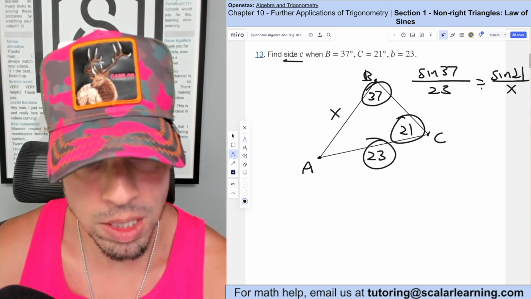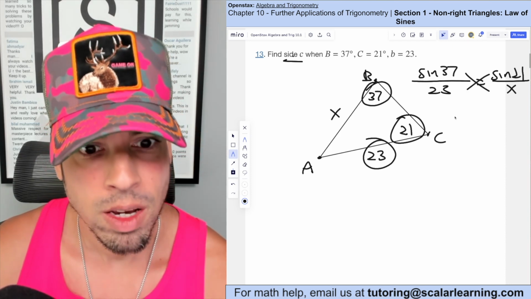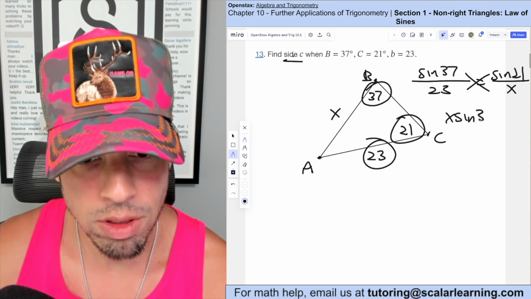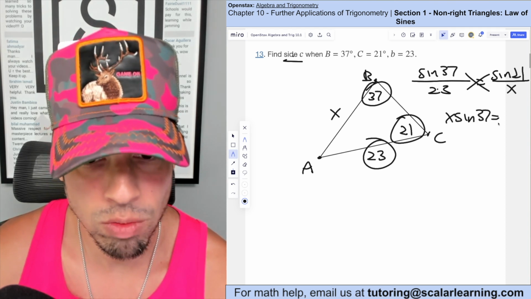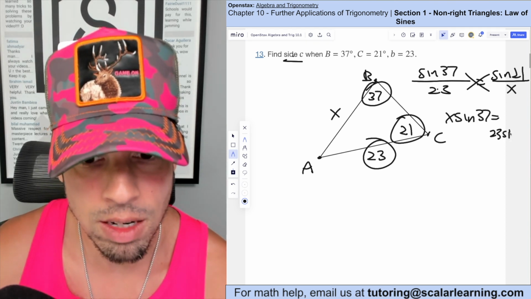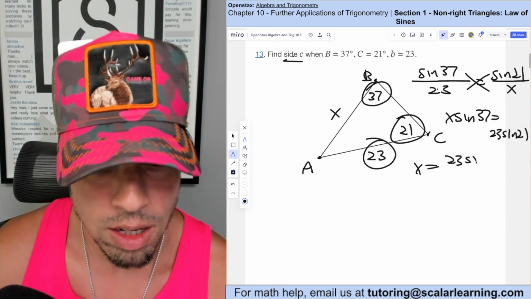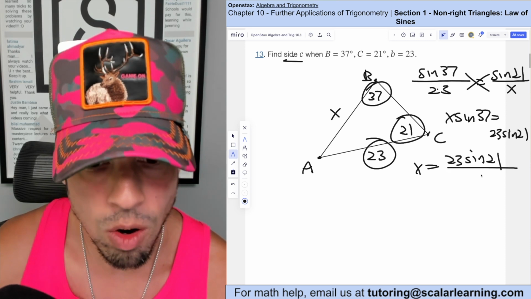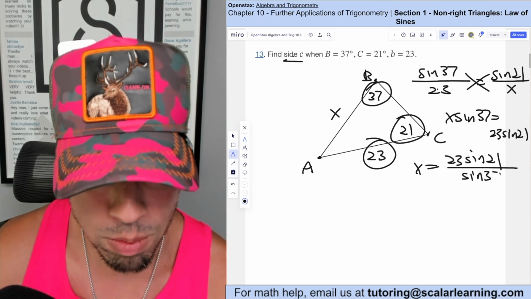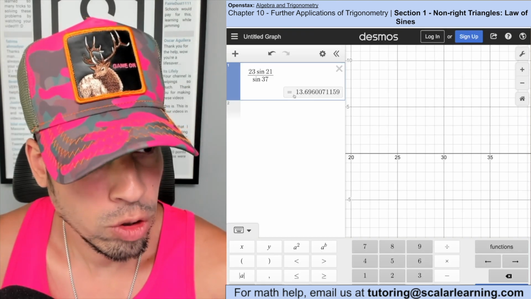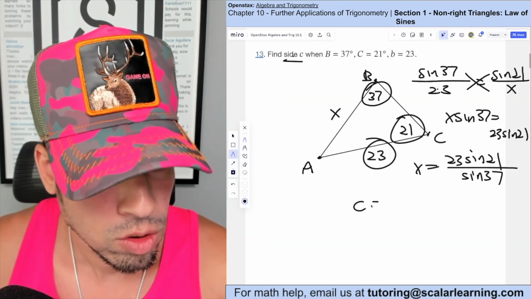Little c is opposite big C. Now we're going to cross multiply, and we got x sine of 37 equal to 23 sine of 21. Then we're going to divide both sides by sine of 37, and we got 23 sine 21 over sine 37. Let's plug it into Desmos. To the nearest hundredth, we get 13.70. So C equals